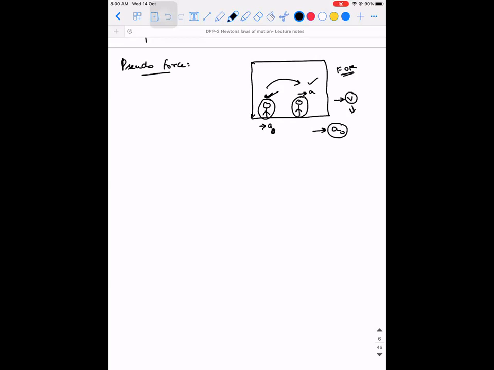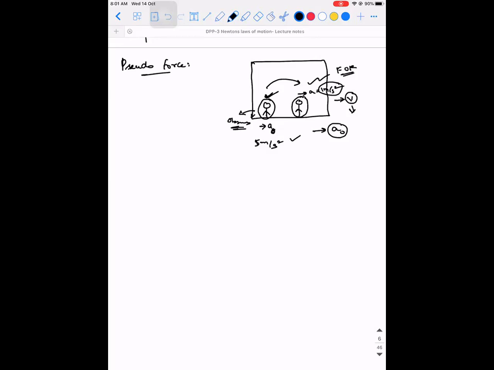Rather, let's say, for example, the train is accelerating with a value of 5 meters per second square. Okay, and this person is accelerating with a value of 1 meter per second square. Then what will be the acceleration that you will be recording? You think his acceleration is going to be 5 plus 1, 6. So acceleration is according to whom is the question, because I'm talking about frame of reference. Who is the observer here? You are the observer. So according to you, what is going to be its acceleration?